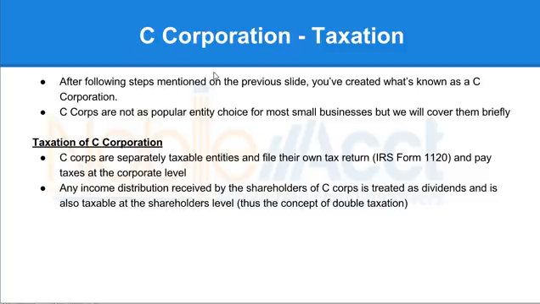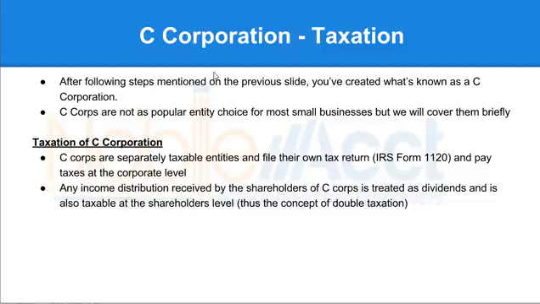On this tax form they pay the taxes at the corporate level on any taxable income they have. Any income that's distributed to the shareholder owners of the C corporation is treated as a dividend,